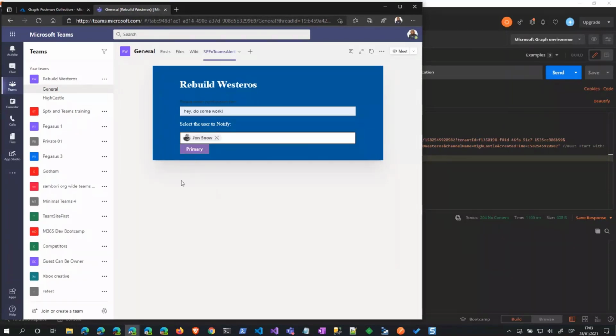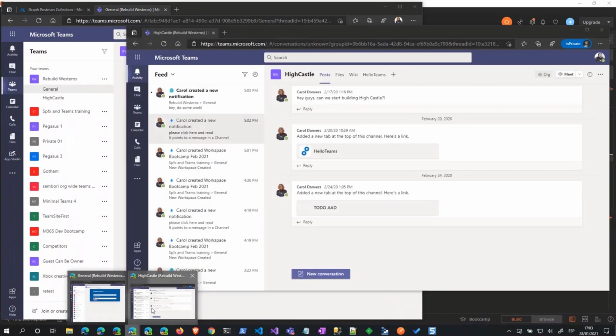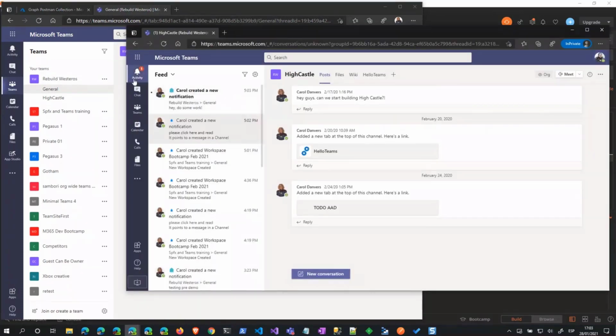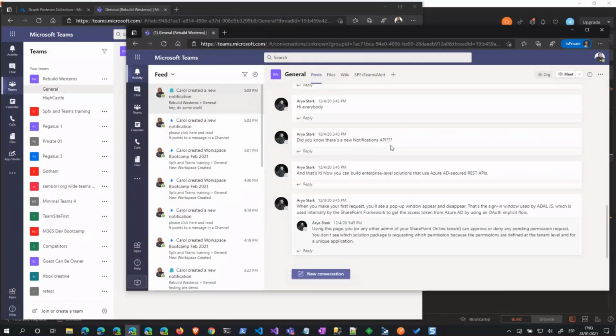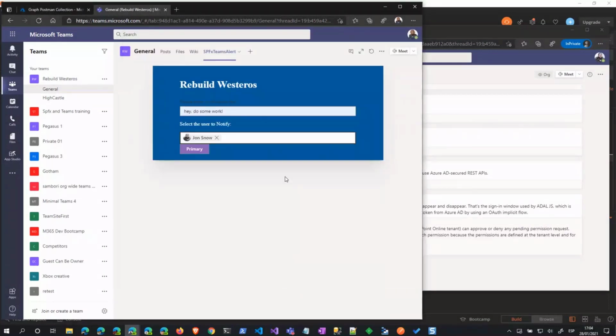And if you send, then this user here is getting another notification. And as you can see, the icon is different because this is the app that I registered with my web part, my Teams tab web part. And again, it's going to the channel that I specify in the notification. So this is how the web part works, and you can send the notification.